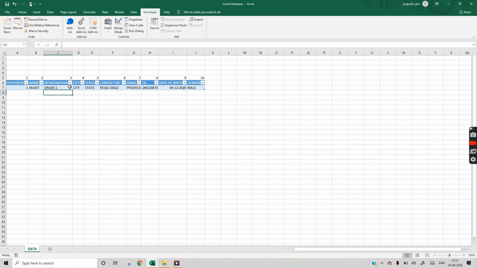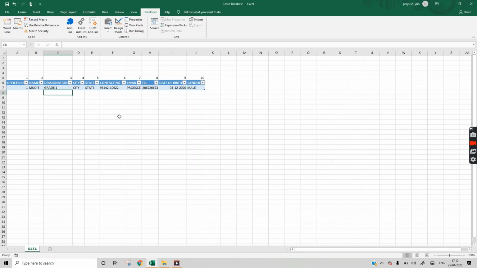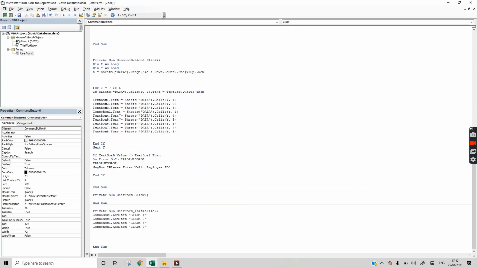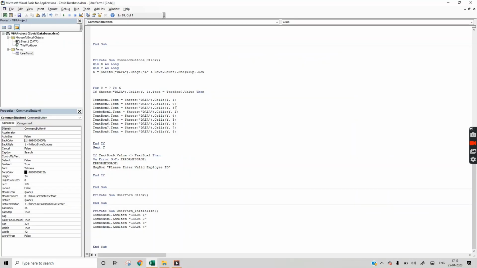So it was empty, that's why it's not coming. And what about the combo box? No, name is written. It was wrong. For TextBox3.Text we have written 3. TextBox3 is name and it should be 2. So that's why it's not coming properly.